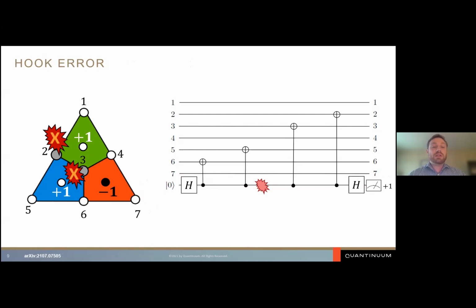So this distance 3 code is supposed to be designed to deal with any weight 1 error. However, given the actual implementation using the circuitry, there turn out to be certain error locations in the circuitry that, even though they start out as weight 1 errors, can propagate through the circuit and actually become weight 2 errors. And this, given the nature of this weight 2 error that gets applied to qubit 2 and 3, it flips because two odds